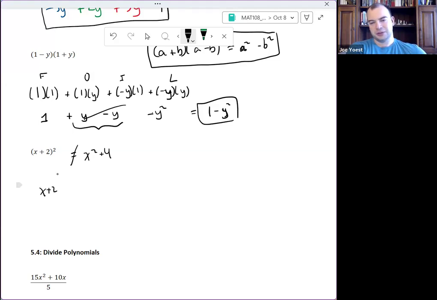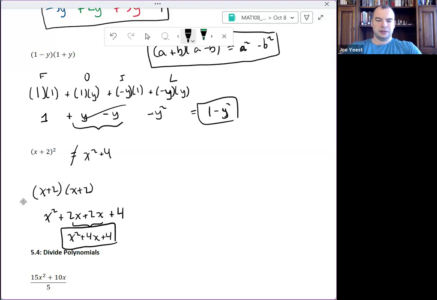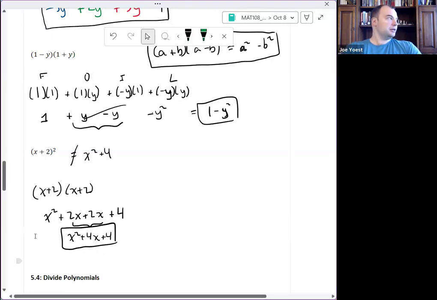We need to do x plus 2 times x plus 2, and we FOIL this out. We get x squared from the firsts, plus 2x from the outers, plus another 2x from the inners, and then plus 2 times 2 is 4. I see these combined together, and I get x squared plus 4x plus 4. It's a little less of a nice result than the previous one,